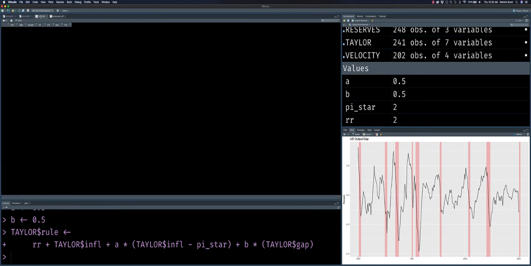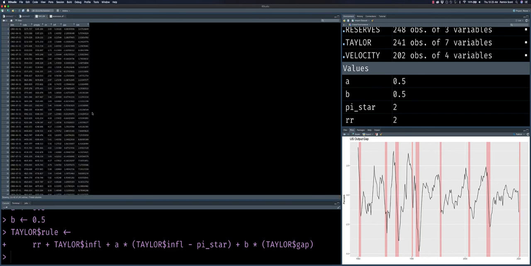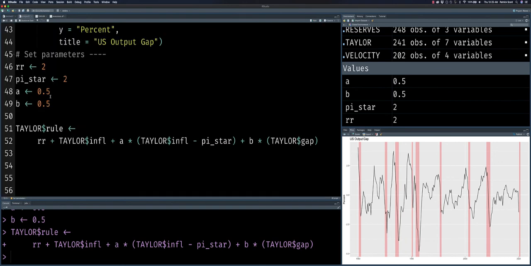And then we can actually go back to our Taylor data frame, and we can now see that, oh yes, we have indeed plotted this new rule. So now we have this column of data. We have our initial interest rate column of data. Let's now put all of these together so that we can examine how the Taylor rule lines up with actual interest rate data. So great. Again, I forgot my comment, so let me put my comment down here. Let's say define Taylor 1993 rule, and then here we will put